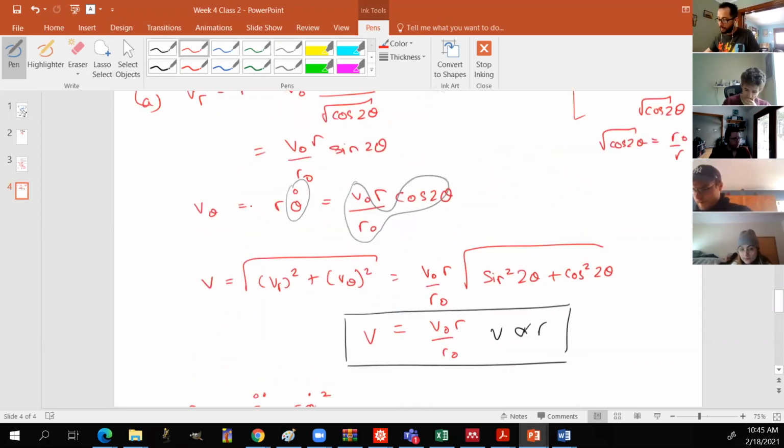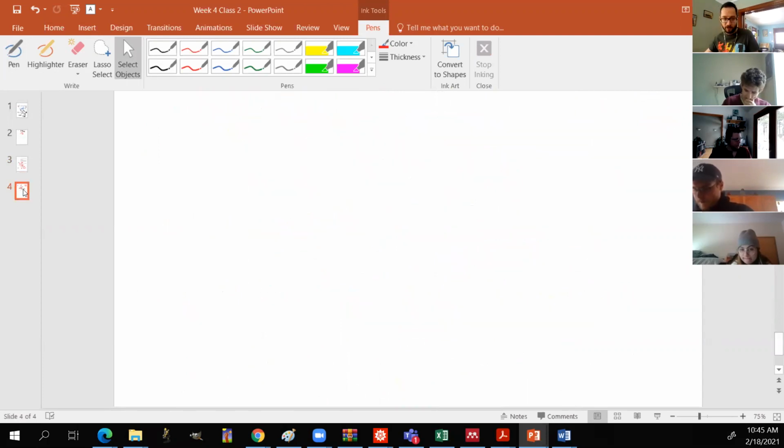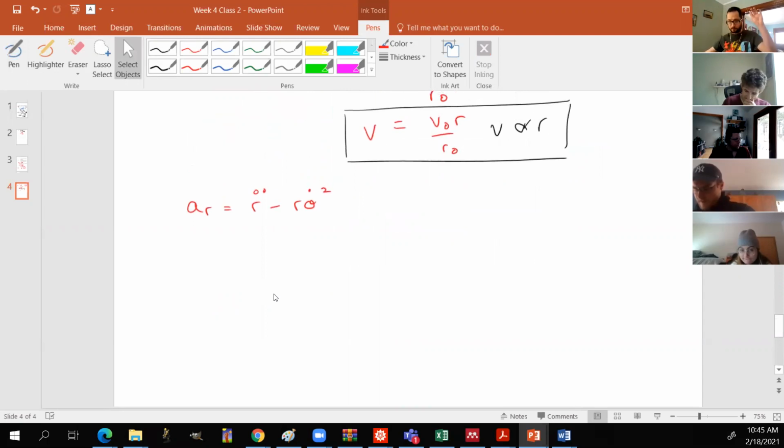We'd written what R double dot was right over here, and we know what theta dot is, so it's just plugging in. Again, if you're gluttons for punishment, you can do this by hand, but doing it in Mathematica makes life much easier. So we plug everything in, get V naught squared over R naught